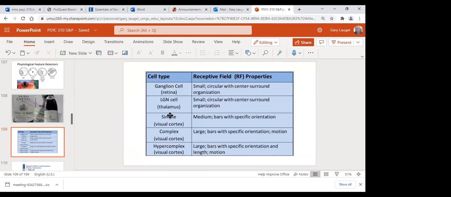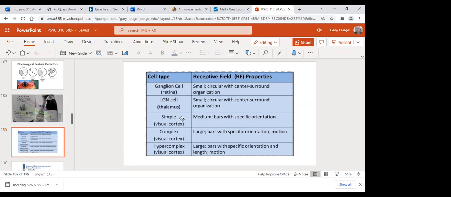And people have identified different kinds of cell types in different levels of the visual system. For example, in the ganglion cells. Well, we have seen the center surround antagonistic receptive fields that are able to stimulate the ganglion cells, which make up the optic nerve that goes from the retina into the LGN of the thalamus. And now when we get up into the visual cortex here, we're in V1, visual cortex area number 1, we have simple, complex, and hypercomplex cells in the